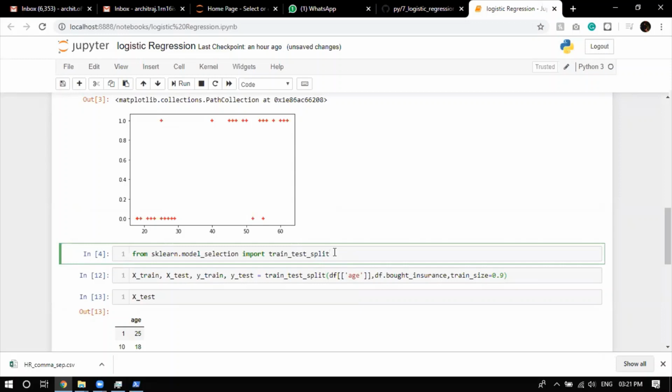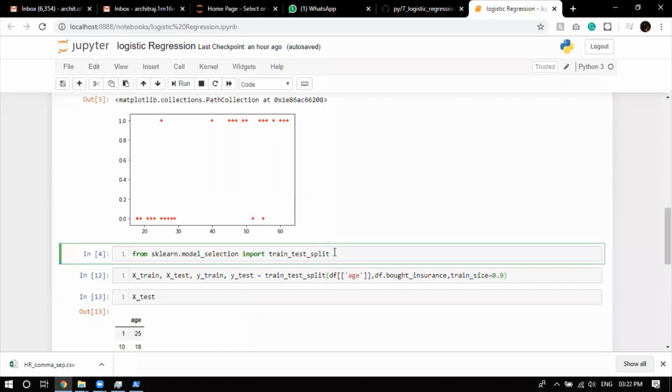So when you're making small projects, like when you're just trying things yourself, you do not have to do cross validation each and every time, because cross validation is mostly important when you are working in a company. That time you have to do the cross validation. Or if you're making a really good project, that time you have to do a proper cross validation, because you have to be really precise with your accuracy. You cannot just randomly say accuracy. But here we are just learning about logistic regression, so we're not doing the cross validation now.